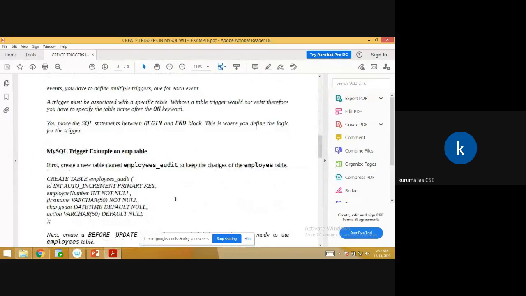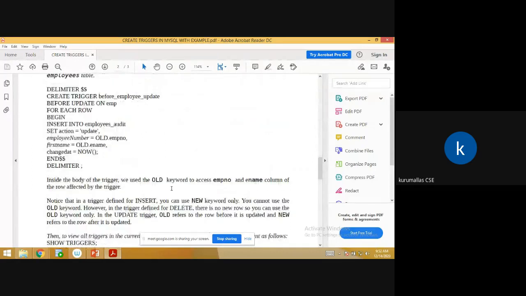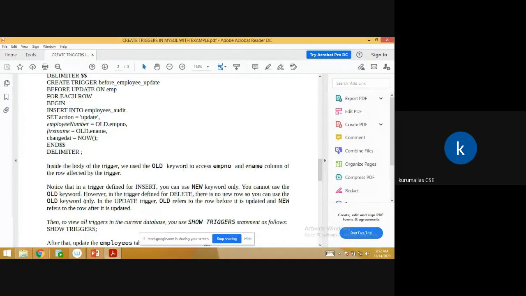When we are using the new operator, see here, inside the trigger body we used the old keyword to accept the employee number. For insert, we have to use the new keyword, we cannot use the old keyword.